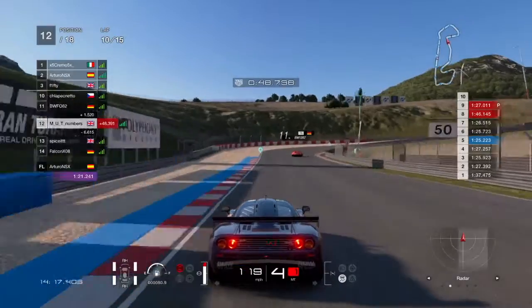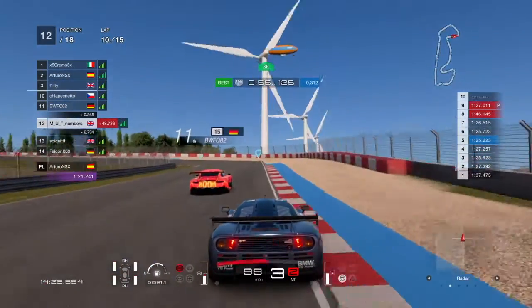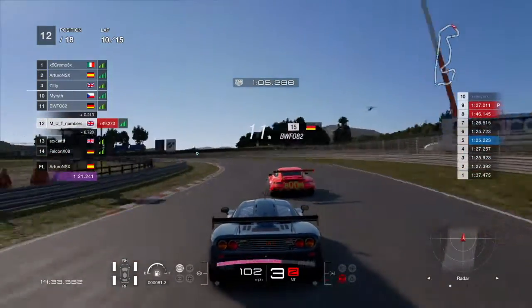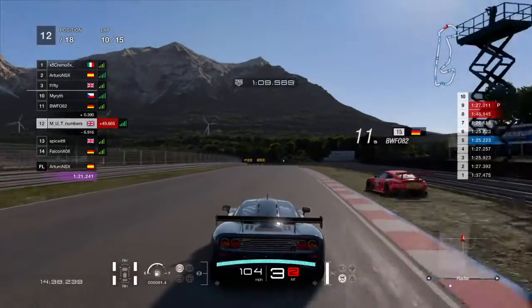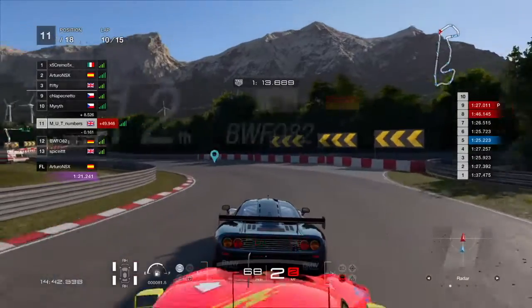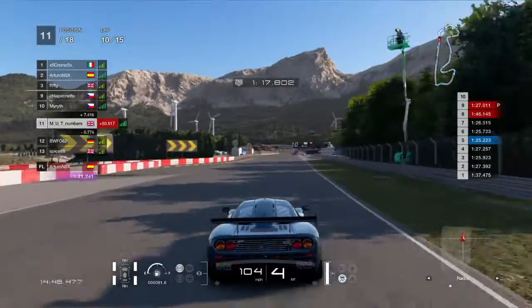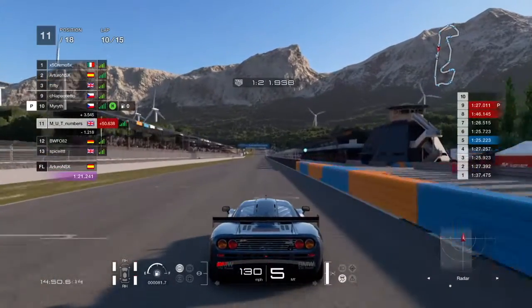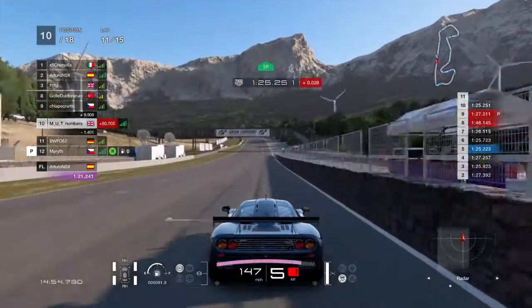As we will soon take up some more positions change again, basically. So he just makes a bit of an error here, goes up onto the grass, slowing him up, which allows me to take 11th position. The problem is now he's right up my chuff. He can smell the fajitas that I had last night from a tee as he's coming up behind me, but